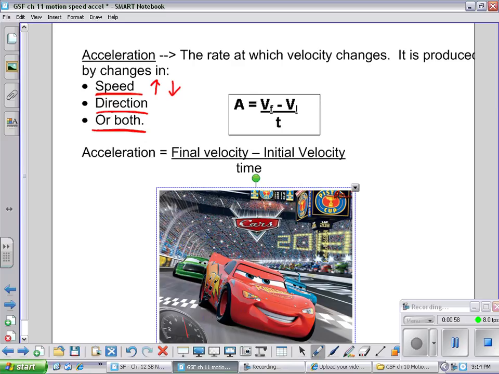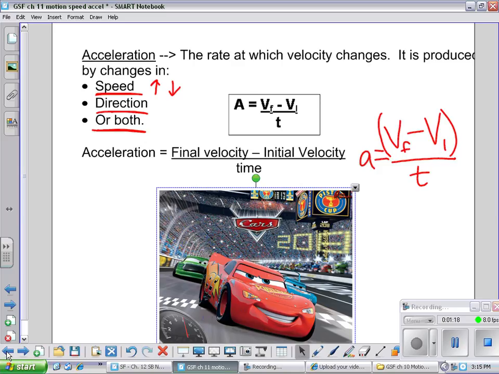So this formula here, a equals, and we always say velocity final, or final velocity, minus velocity initial, and then divided by time. Now just be careful when you're calculating acceleration to get this answer on top first before you divide by t. All right? So